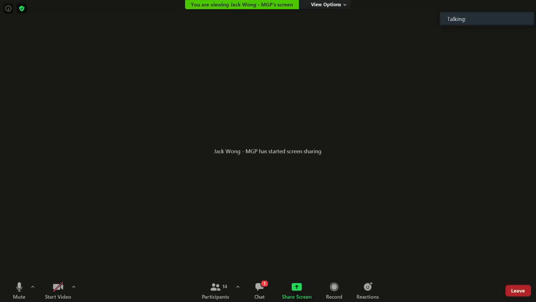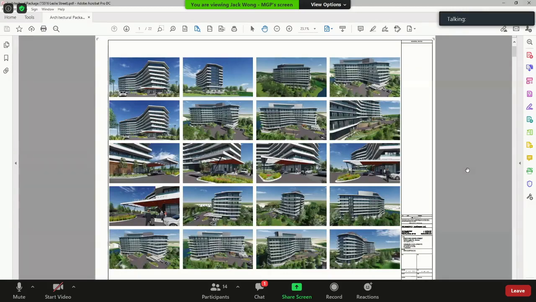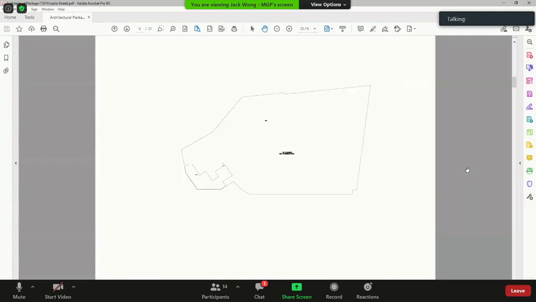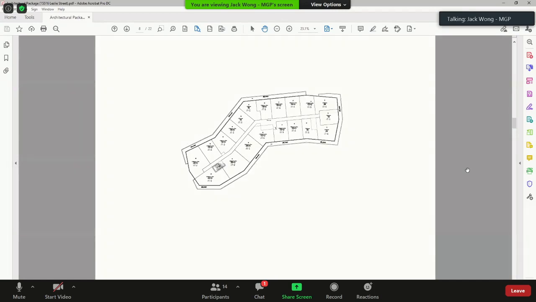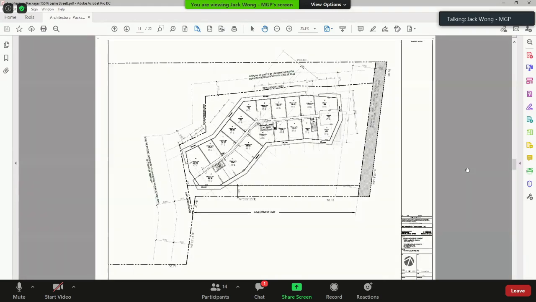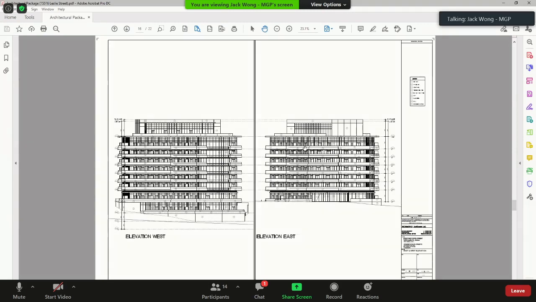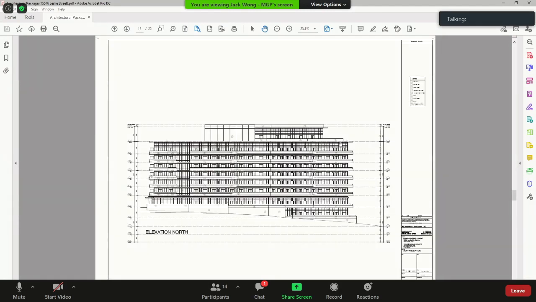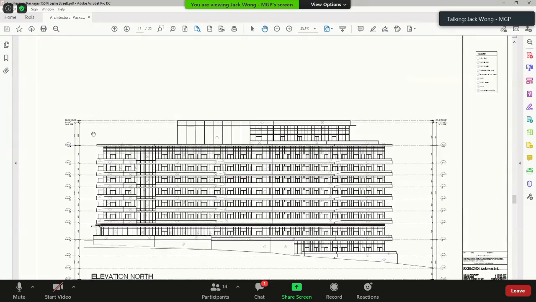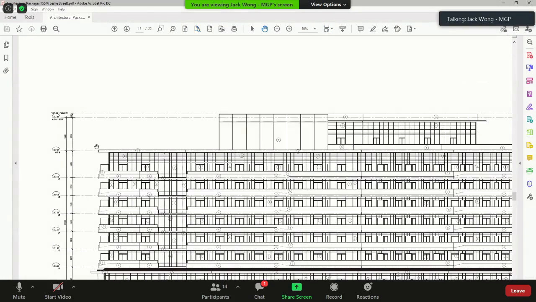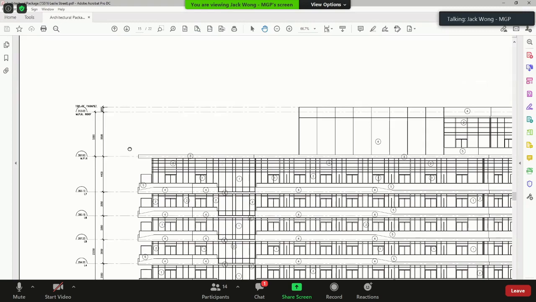Okay, here we are, and I'm going to share my screen. Can we all see the screen? Yes. So I'm just going to go down to the elevation, which will show you the height of the mechanical penthouse. Our project architect's also in attendance today, so if I have missed anything, Sal, please feel free to chime in.